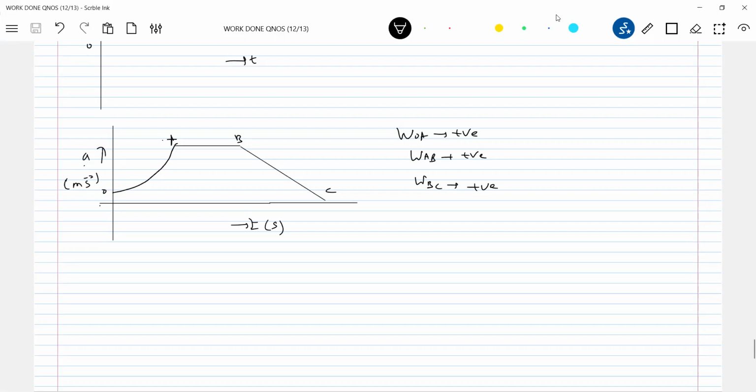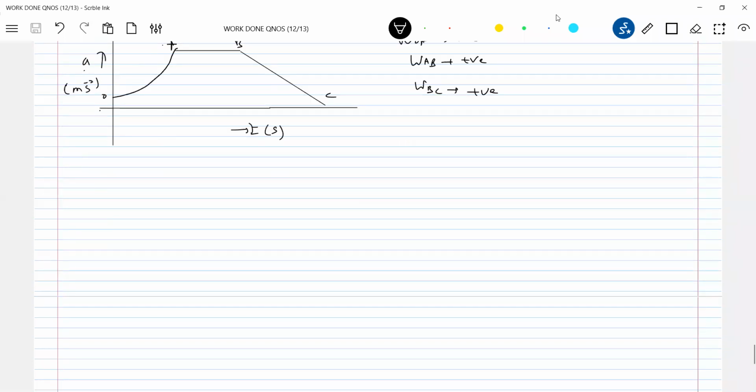Acceleration increasing or decreasing or remaining constant, the speed of the object will be increasing. So you should be bothered about acceleration or retardation. Retardation means speed decreases. BC is not retardation; BC is again acceleration. So that's the AT graph. Next, one more, the VX graph, we will take it.